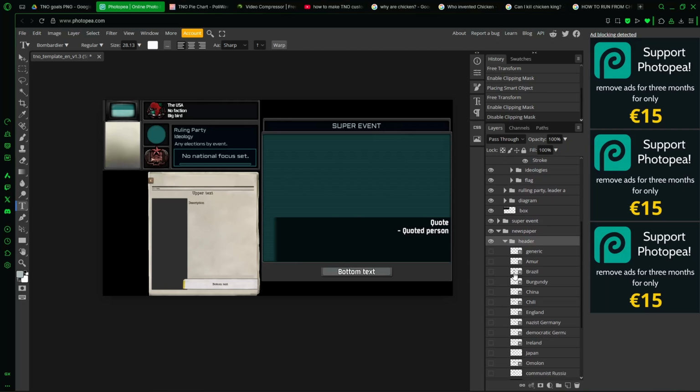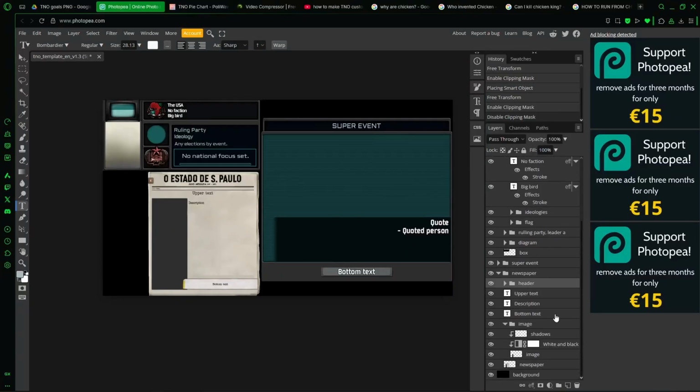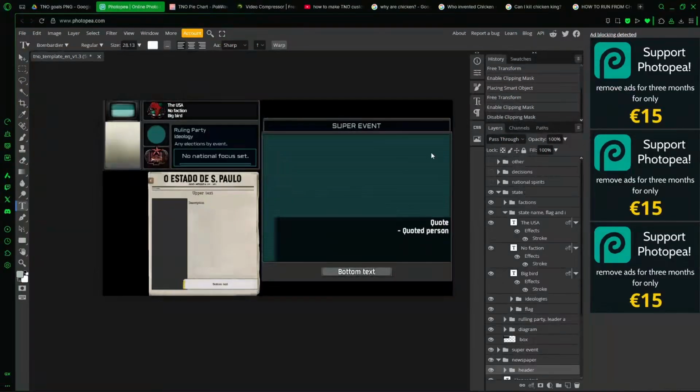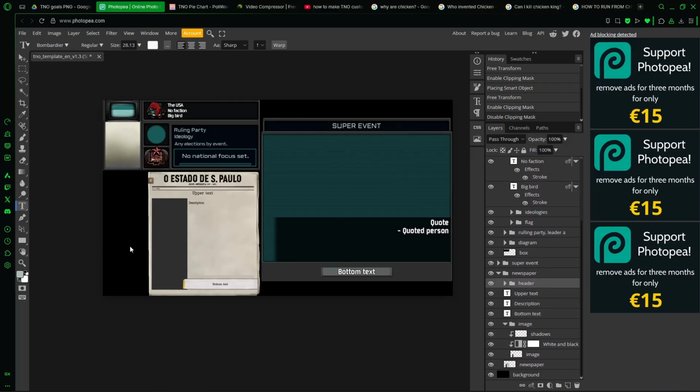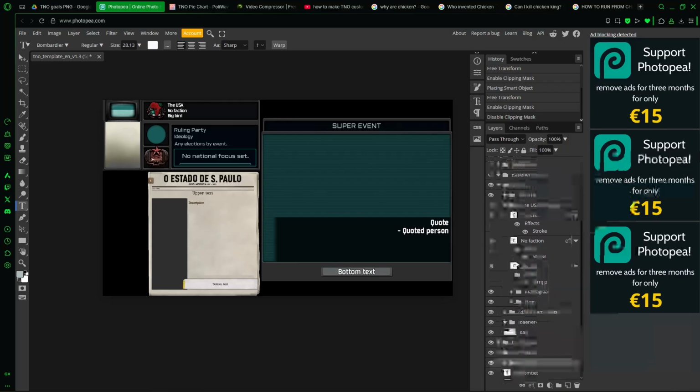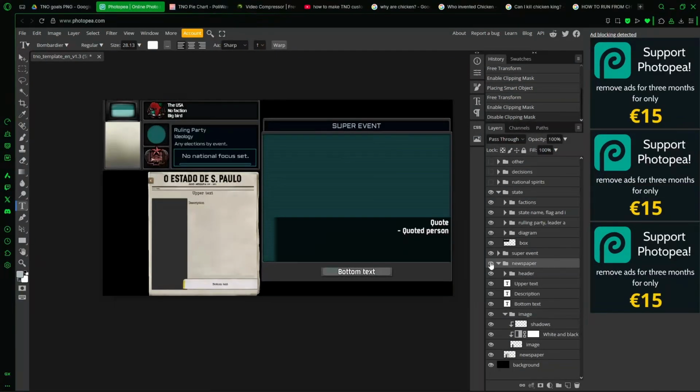If you have a Superevent set in Brazil, you'll want the Brazil header, for example. Just for quick reference, you'll want the newspaper image below in white and black, and the same for the Superevent image. Make sure to turn on clipping mask for both, and they should look good. Once you have all of this filled out, which I don't intend to do, but you do you,